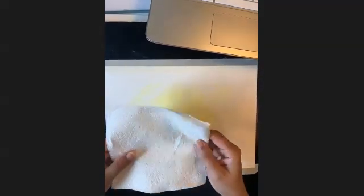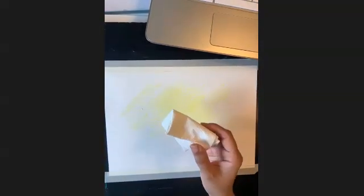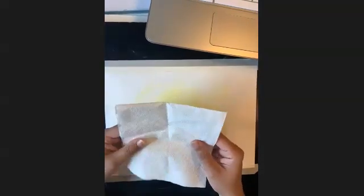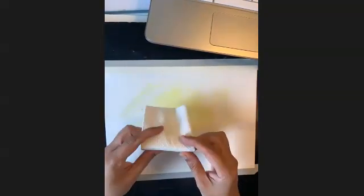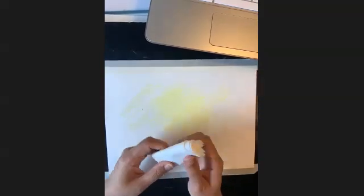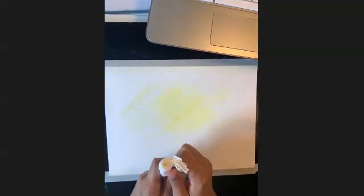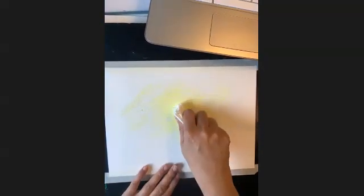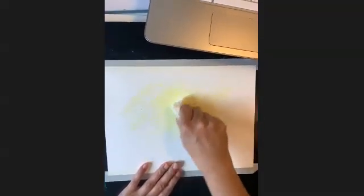All right, and then it's time to grab my paper towel and move it like that. Your paper towel, you fold it like this, and you fold it like that to make a nice cushion, right? With a nice cushion, you're going to hold it in your hand. You have this thick paper, and then we need to rub the crayon, all the silky crayon, whatever you have,